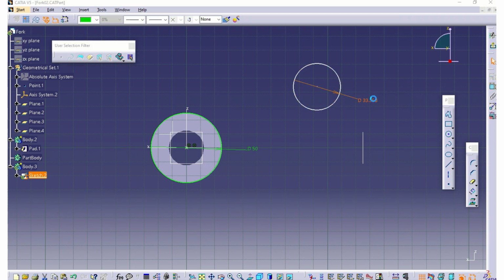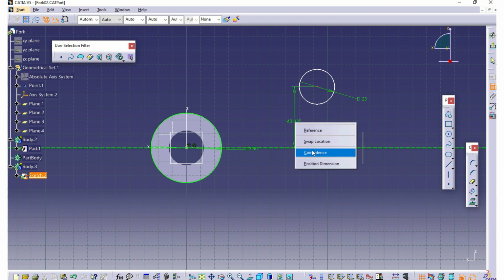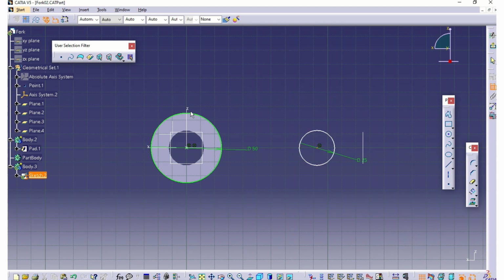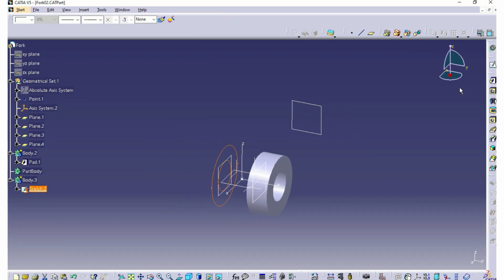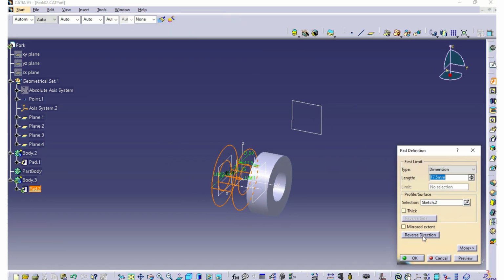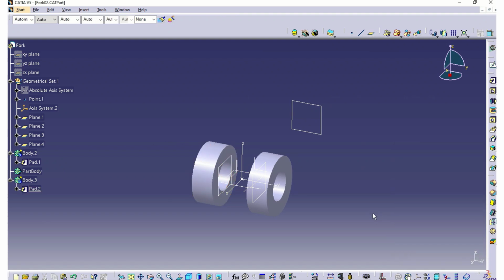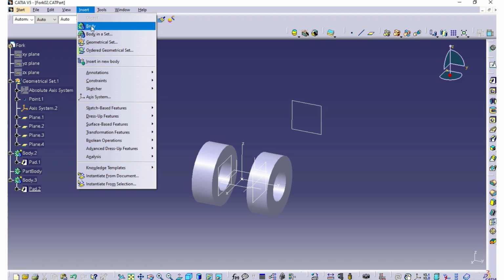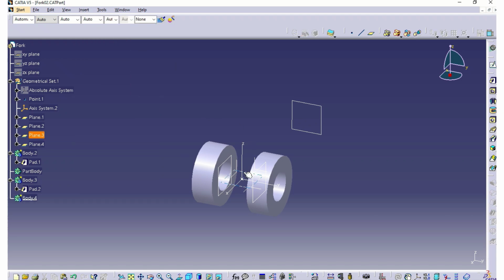Okay, another dia 25, and this we can make coincident with this. Okay, and again we have to make this point and the axis coincident. Let's go, and using the pad command in the reverse direction, 17.5 mm length extrude or pad creation. Okay, now two bodies are created, and a third body in that plane. Okay, draw a sketch,